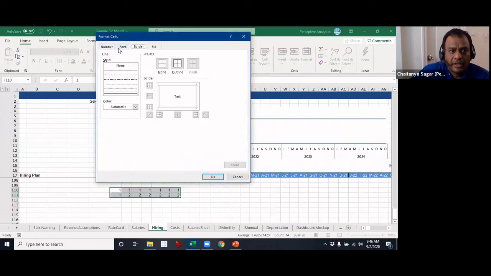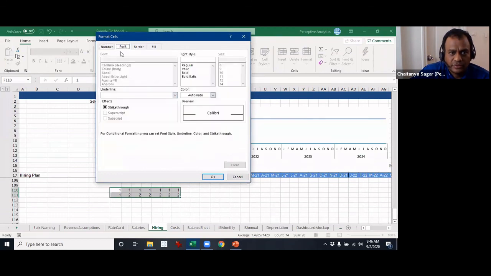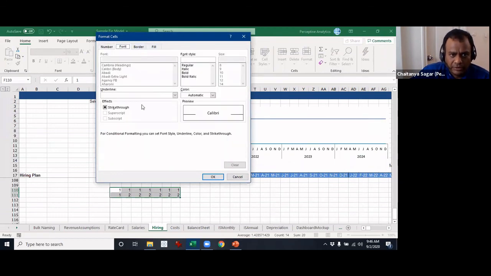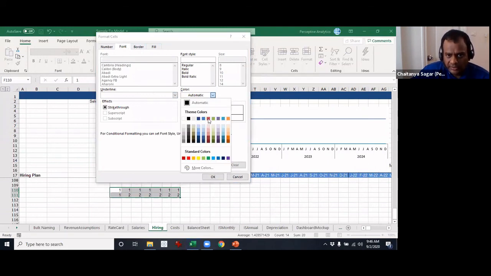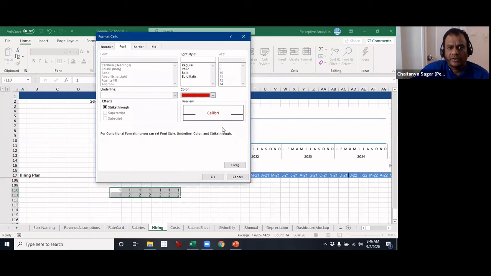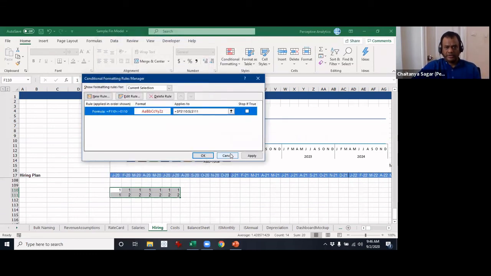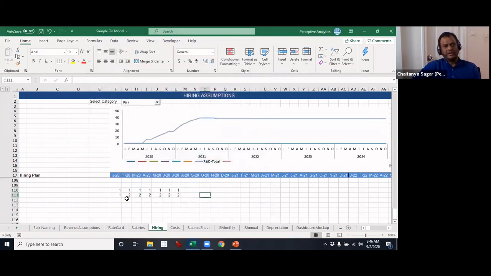Let's say we'll just go with the same formatting. This is font, and where's the color? This one, and I'll just select this. Okay, and then click OK, and then click OK. Now apply. If you look at it, it has applied that to all of the range, not just one single cell.